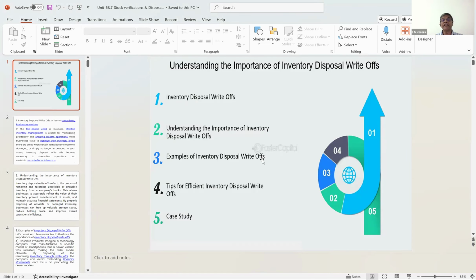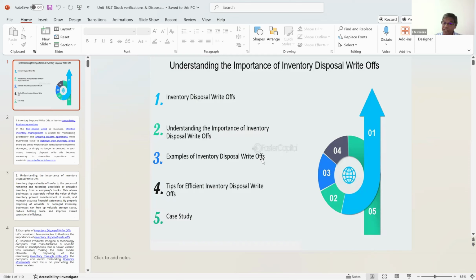So, understanding the importance of inventory disposal and write-off. Remember, there are two things. One thing is, whether you are a government organization or private organization, you have to have the approval to dispose. If it is a government organization, through the board of survey, it should be identified that it is unserviceable and beyond repairs. Then with another board of survey, it should be decided, then recommendations should be given